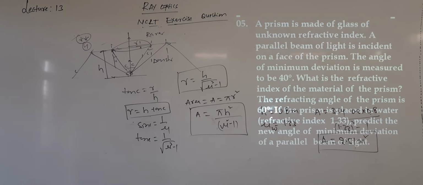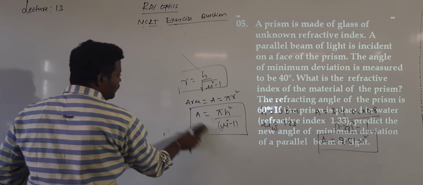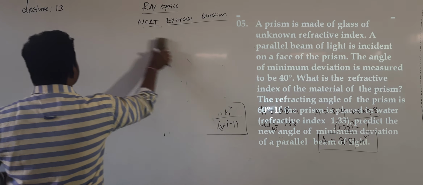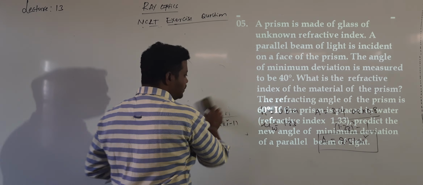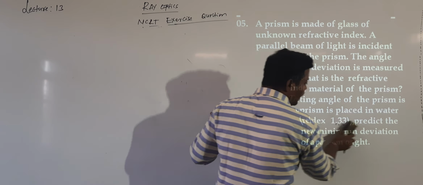This is question number 4. Next, question number 5. Simple questions I am leaving. If any complicated questions are there, I will discuss here. Many are neglecting the problems in physics, and that is the only problem with the students. How do you come to know whether all concepts are understood or not? When you try to solve the problems. Problems are very important. Question number 5.